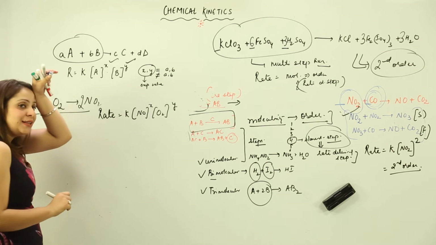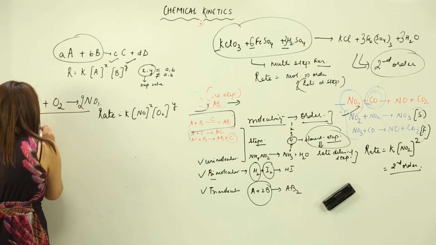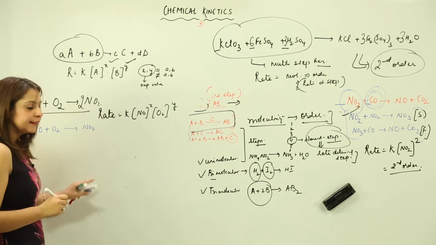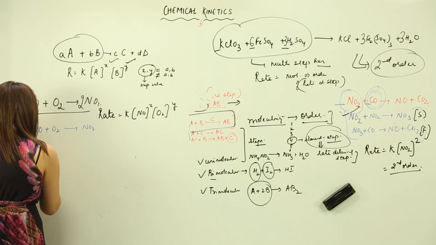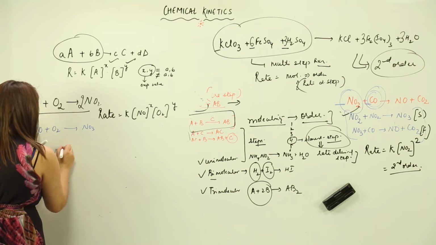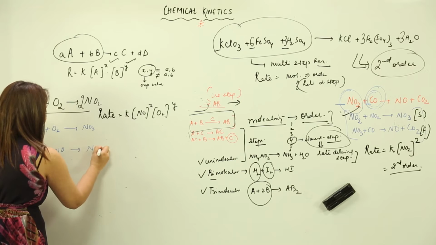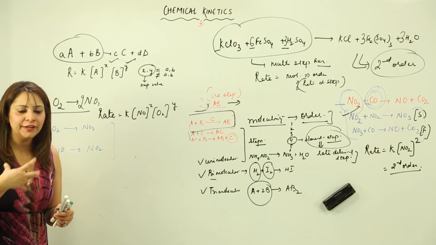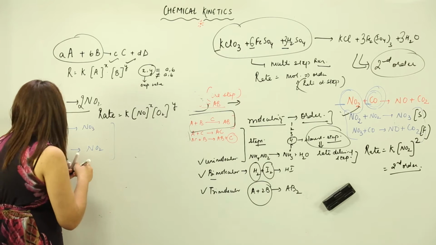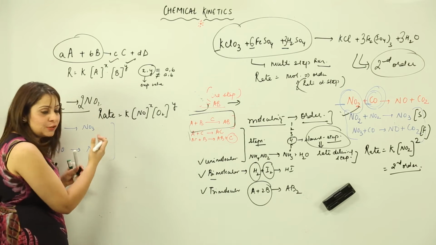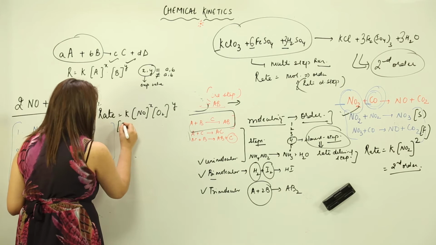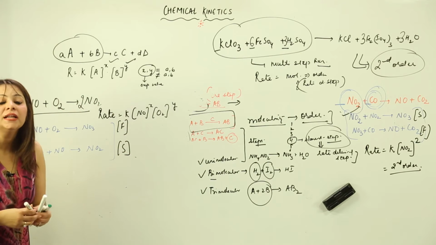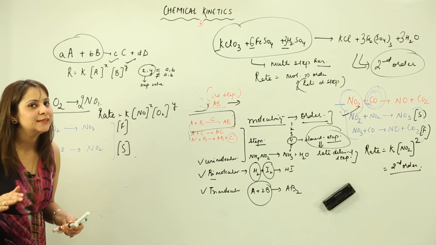In one step, NO combines with O2 forming NO3. Then in the other step, this NO3 combines with more nitric oxide forming NO2. Now when we consider the rate for both reactions, you will be curious to know about the rate. The first reaction is a fast reaction, and our rate determining step is obviously the second one, because the second step is the slowest step.